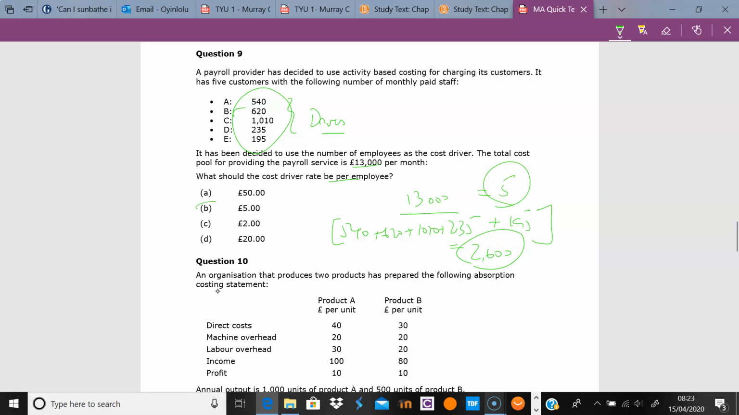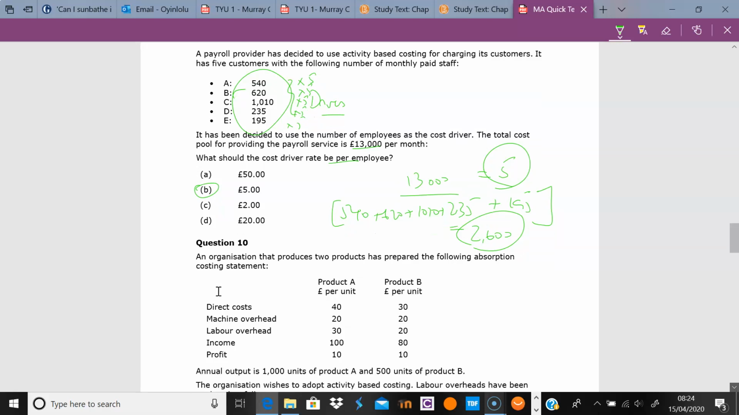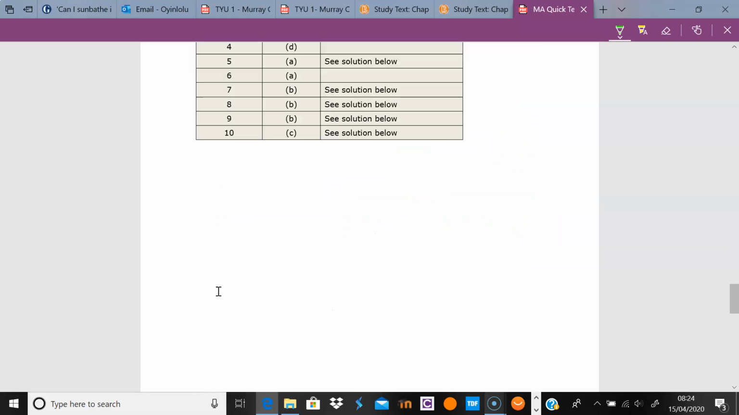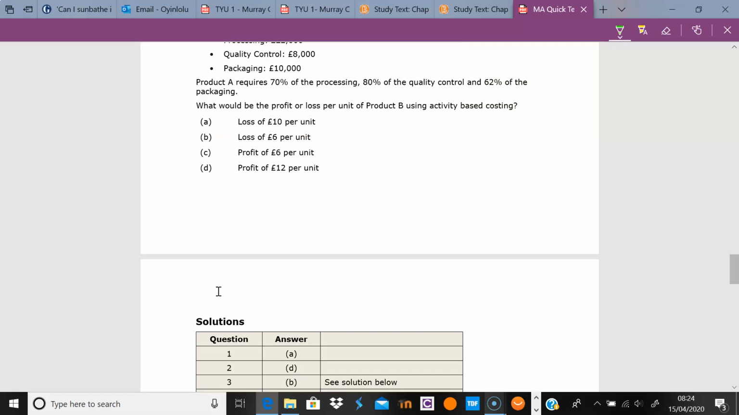So the answer here is B, right? So that's the cost driver rate. And then I will now allocate, right? I'll just multiply each of these departments by 5, and they'll just share that based on that. So you can see the correlation with things like apportioning and just basic splitting based on